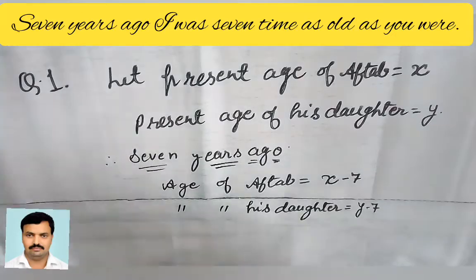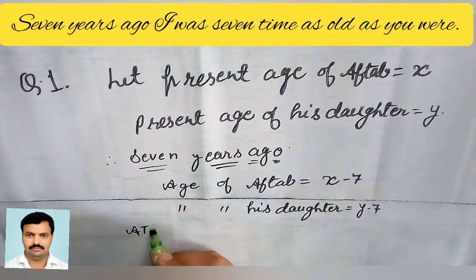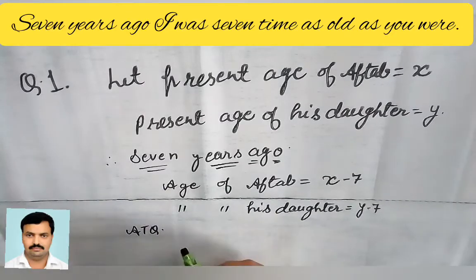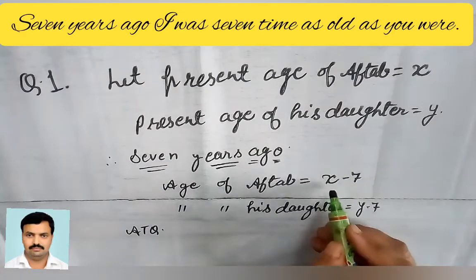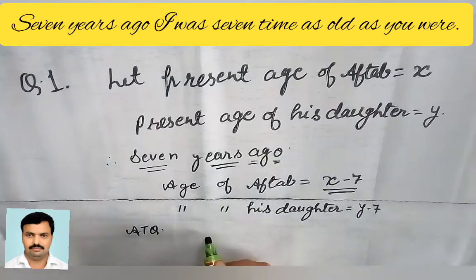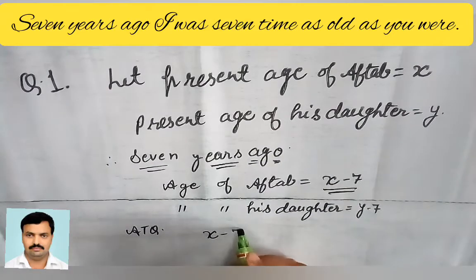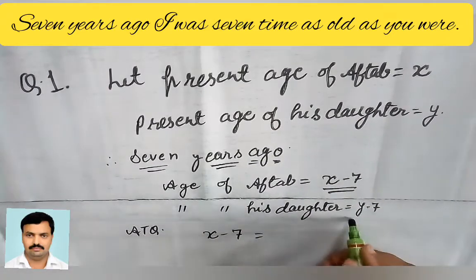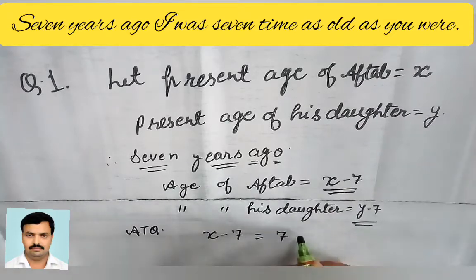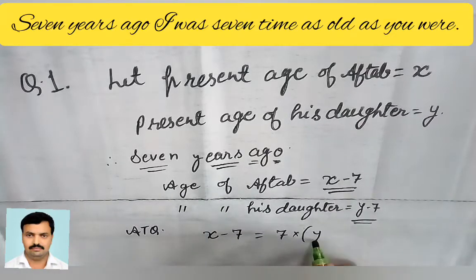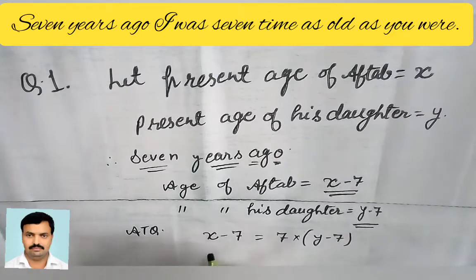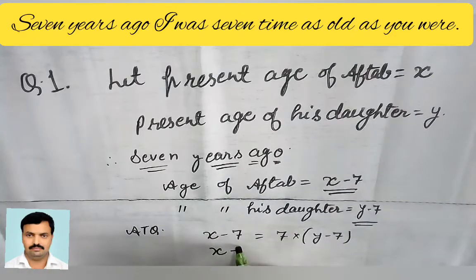So as he said that he was 7 times his daughter, so his age x minus 7 will be equals to 7 into his daughter's age, that is 7 into y minus 7. Simplify it, x minus 7 will be